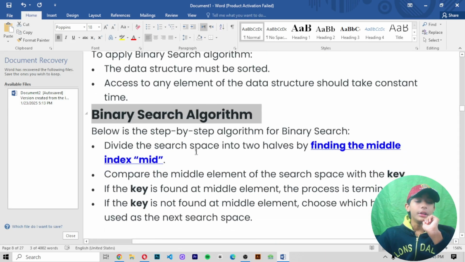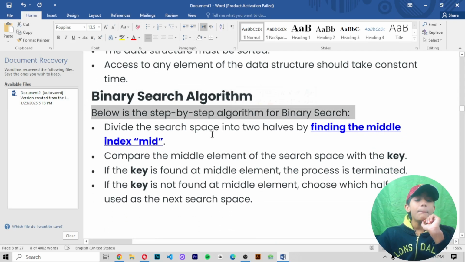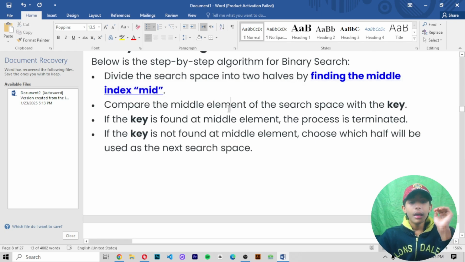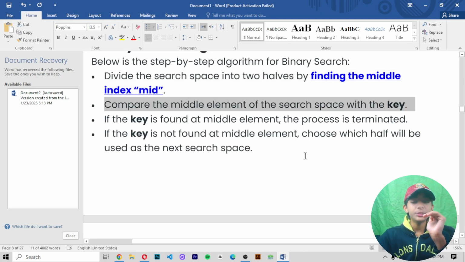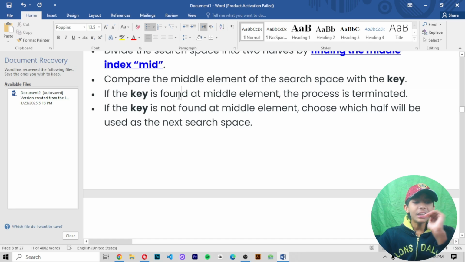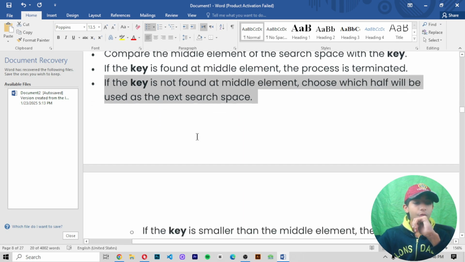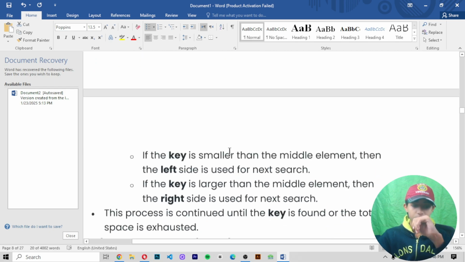Binary search algorithm. Below is a step-by-step algorithm for binary search. Divide the search space into two halves, the spelling is HALVES, by finding the middle index mid. Compare the middle element of the search space with the key. If the key is found at the middle element, the process is terminated. If the key is not found at the middle element, choose which half will be used as the next search space.